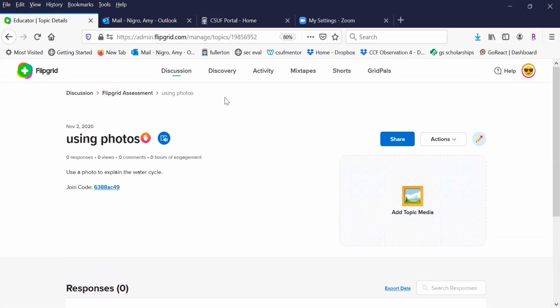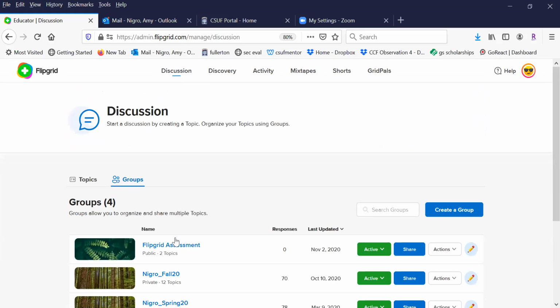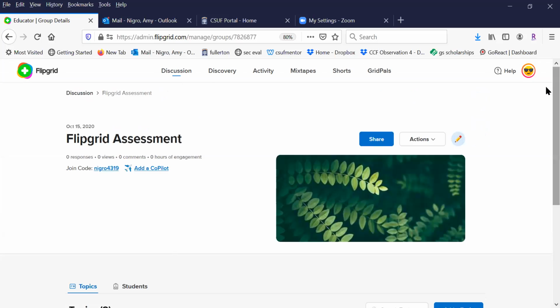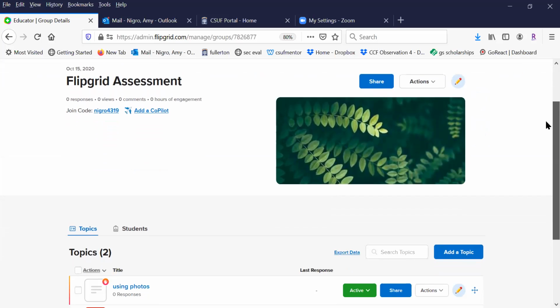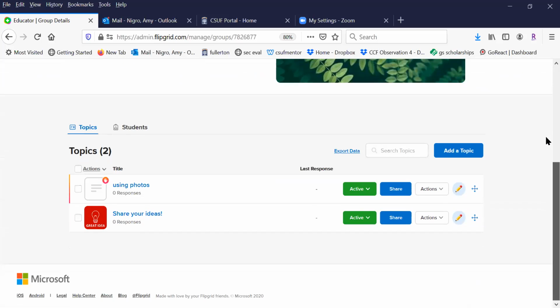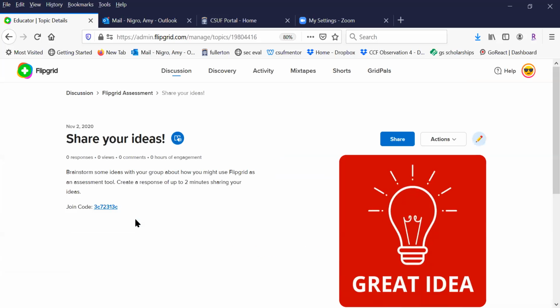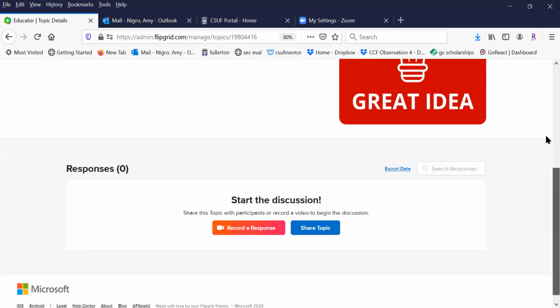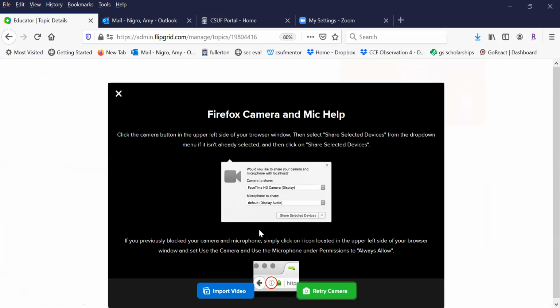Some different ways to use this, if I go back to the discussion. So I've pulled up my discussion board here and I have my topics. So when you log in, the students are going to click on the topic that you want them to focus on, and then they're going to go down to responses. If they click on record a response, it opens up,